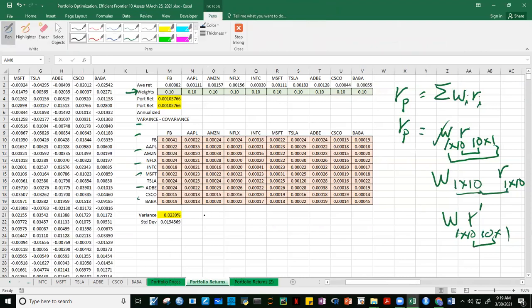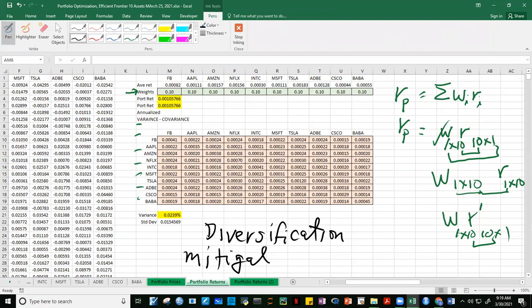The purpose of diversification is... ano yung purpose natin nito? To reduce the risk. Yes, to mitigate against the risk, no? Risk mitigation. So if you're holding on just to one asset, then pag bumagsak yung industry na yan, bagsak yung holding mo. But if you have a portfolio of assets, then you're able to mitigate against the risk.